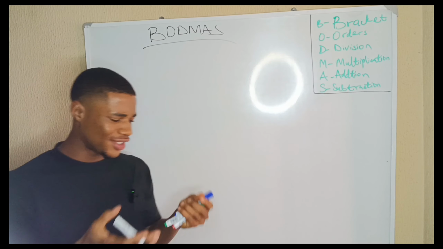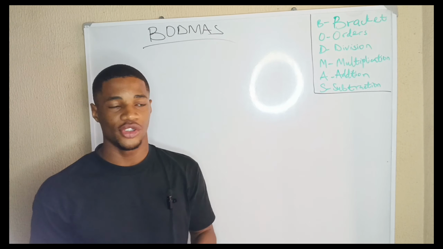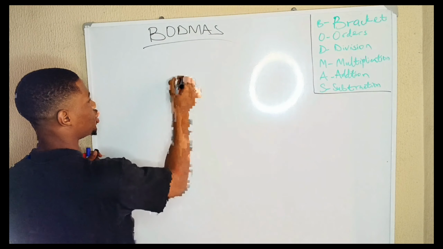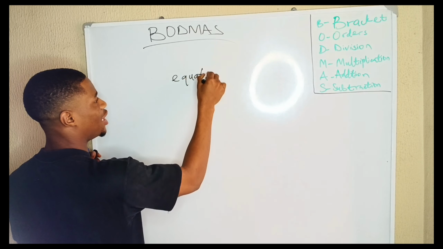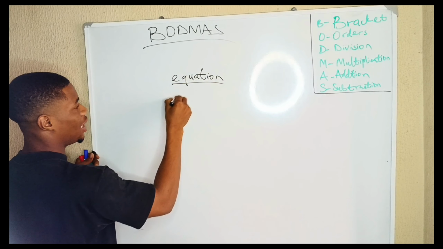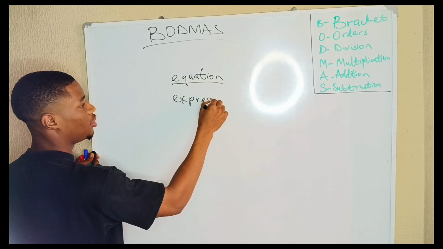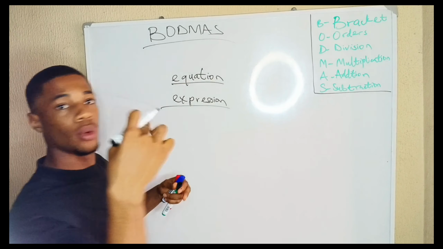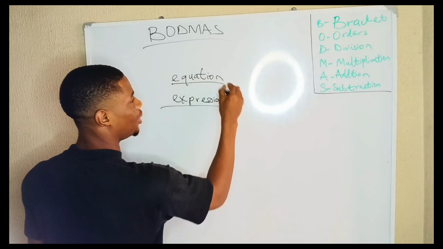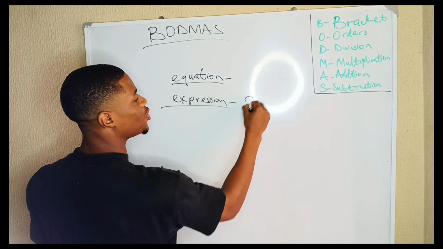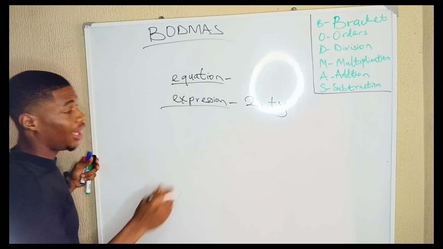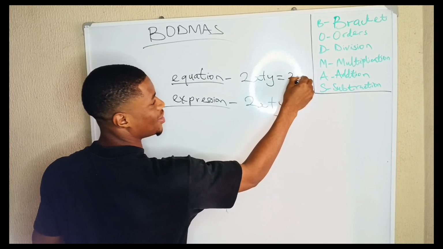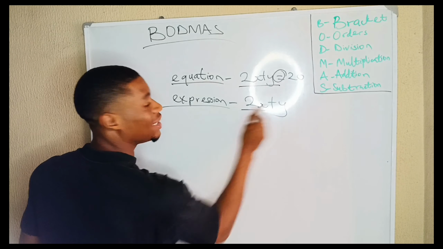Well, first of all, what actually is the importance of BODMAS and why is this relevant to us? Well, this is the bedrock of every equation. You know, there's something in maths called an equation, or we can have an expression. So you can either have an equation or an expression. An equation is just an expression with an equals sign. So for example, an expression can be 2x plus y. What will I call an equation? An equation will become 2x plus y equals 20. So this makes it an equation.